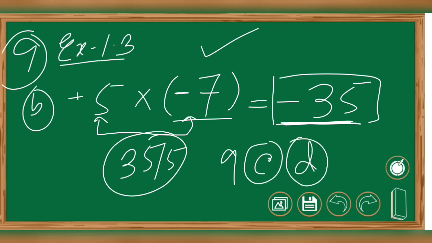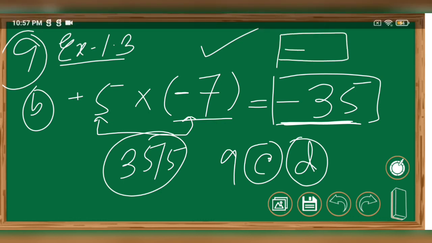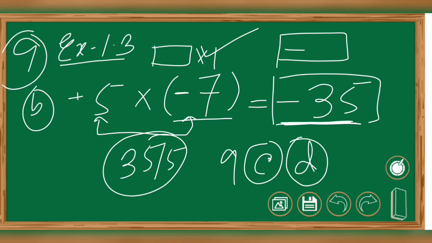Now question number 9, C and D, these two will be your homework. The same types of sum we have already done. Simply you have to check what the answer is and what number is given for being multiplied. If it is a plus sign, then definitely you have to understand that both of the numbers which are being multiplied will be negative integers, or both of the numbers will be positive integers. If in the answer it is given a negative integer, then you can understand that one of them must be a negative integer.